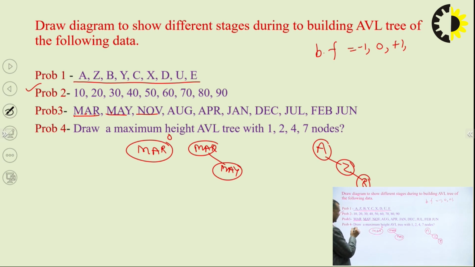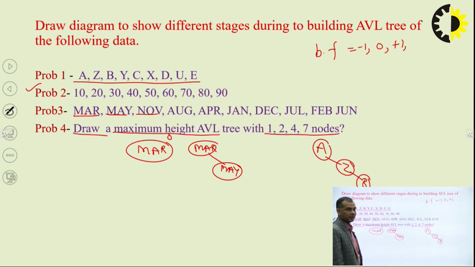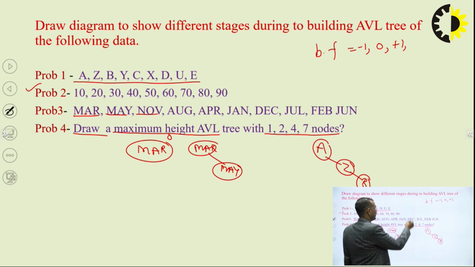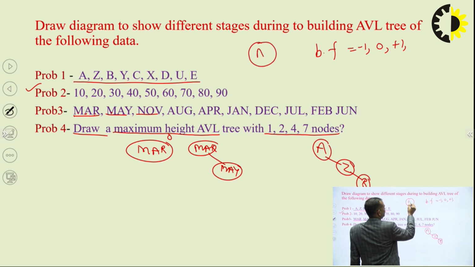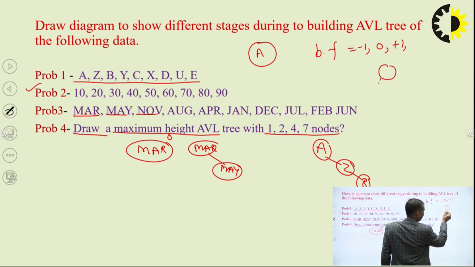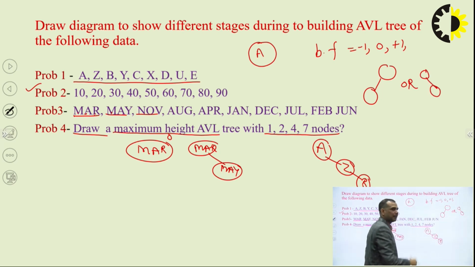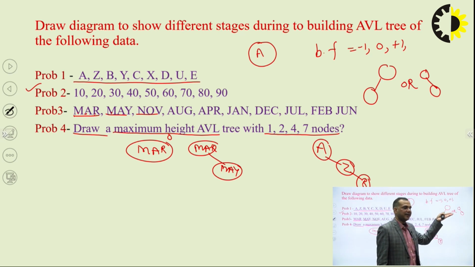One main problem is finding the maximum height of an AVL tree if it has some number of nodes. Clear? If we have only one node, what is the height? Only this is a node, suppose. We have to find the maximum height. Now, how many nodes? 2 nodes. So we have this one, or I can say this is the maximum height. Here the height is 0; with maximum nodes 1, the height is 1.